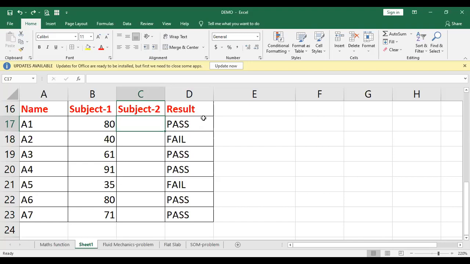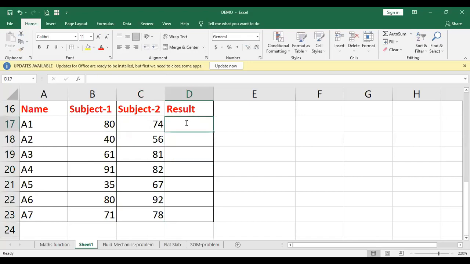Now suppose I write here anything like this. So that's it. Now you want to convert this to different results. So first of all, you have to write here.